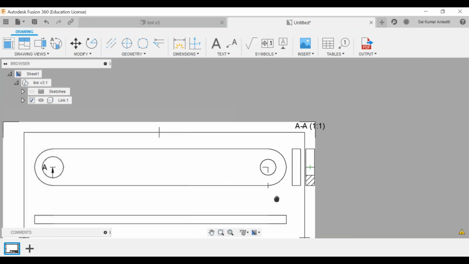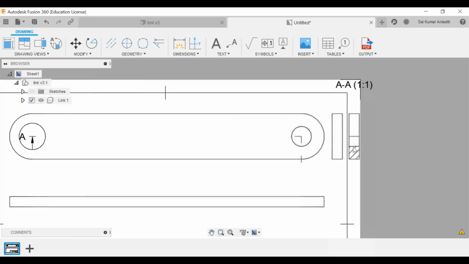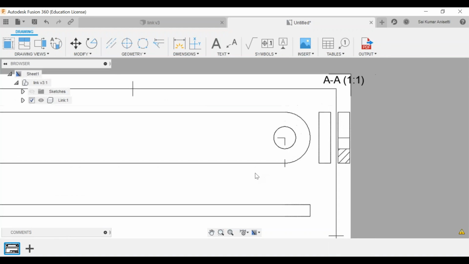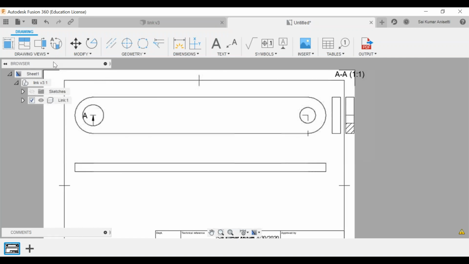Now what I made is a simple section A cut, exactly at this point, only half of it. For only half of the cross section, I have made a simple cut, and I'm showing it over here. Just a simple cross section. Now, if you want to make a section cut at a different place, exactly over here, you can cut it over here and place it at this place. That is how you do a simple section cut.